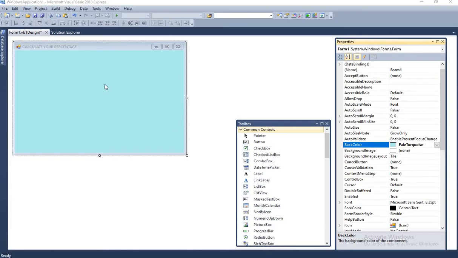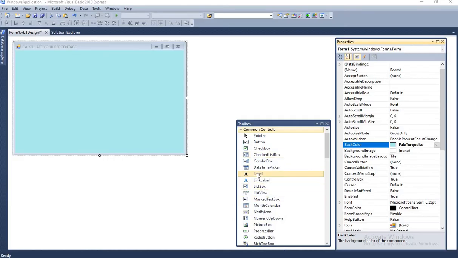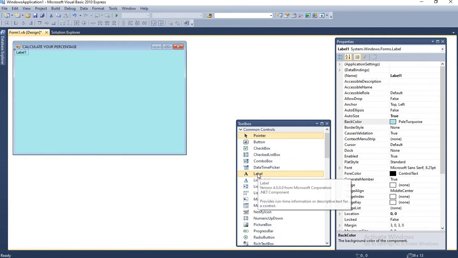Now come to the interface and see there are a total of 8 labels included in it, where we will put some headings. So we will include 8 labels. I am inserting them. You can double click and place it over there, or you can click and drag and drop it over there.